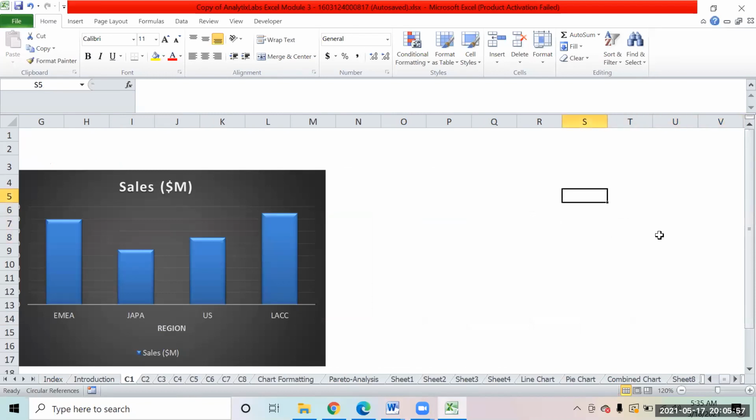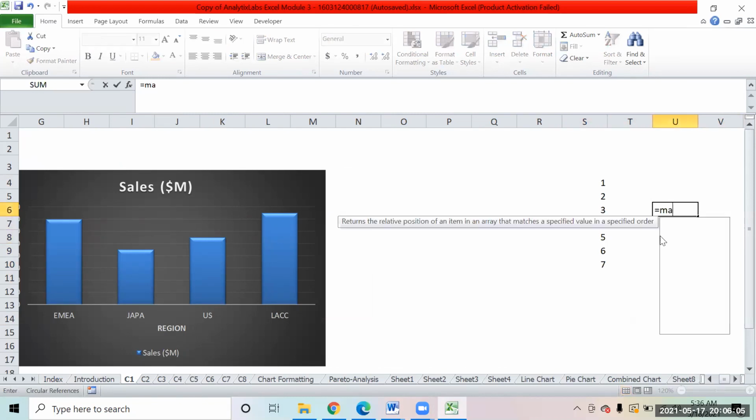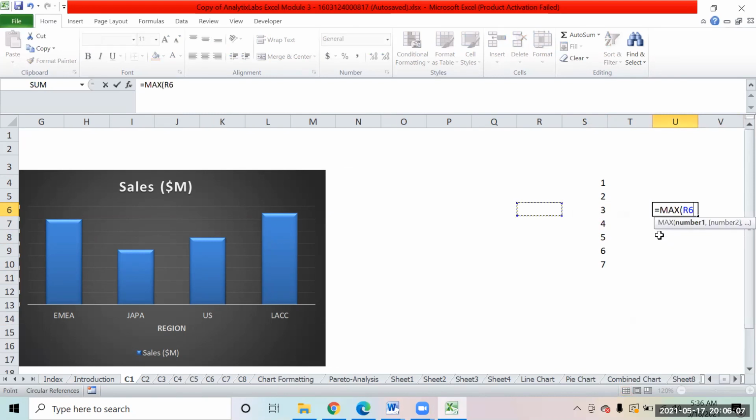See, if we have some numbers, like if I give you some numbers, okay. So max is going to give you the maximum number. If you select the max, the maximum number is 7. So this is the max function. Then you have the min function. Min is going to give you the minimum number, which would be 1. So this is min.